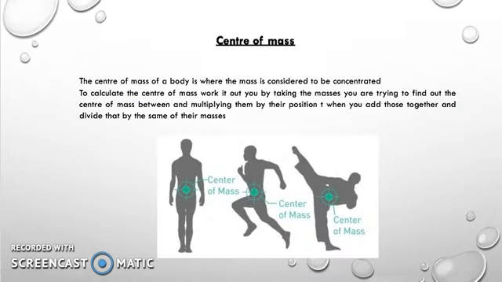Center of mass. Mass is the amount of material or matter an object has. If you have a wide distribution of mass, you are more stable and you go slower. If your distribution of mass is in a smaller space and not spread out, then the person would go faster and less stable. The center of mass of a body is where